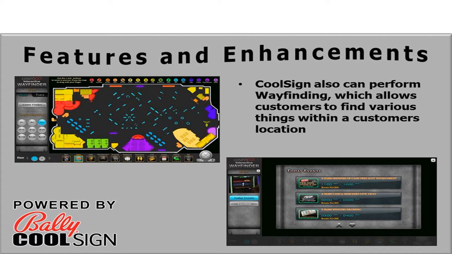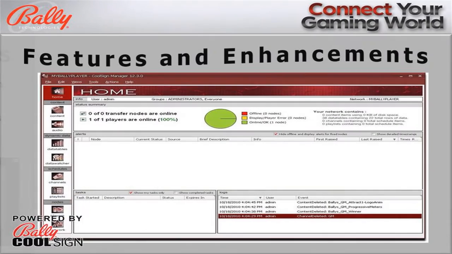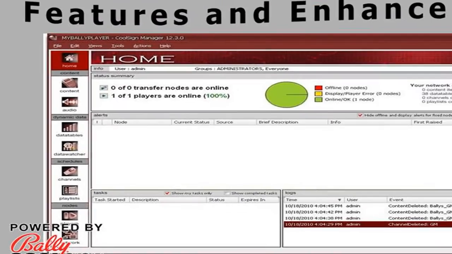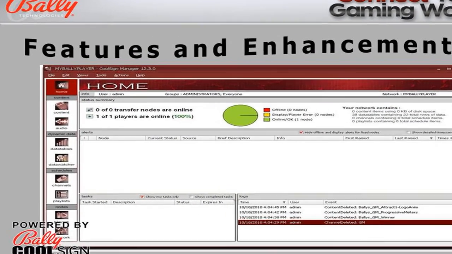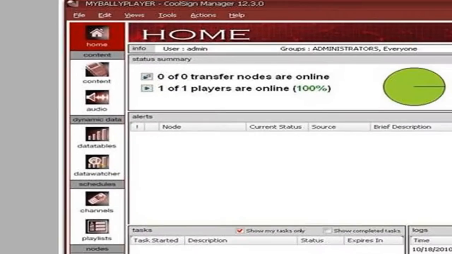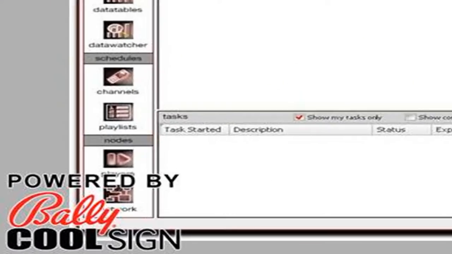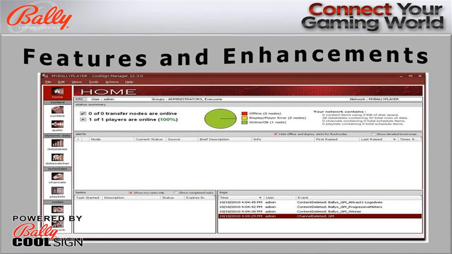With that being stated, how is this all possible? This is performed through the capabilities allowed through the Casino Network Manager GUI. Within the GUI, you have the ability to upload approved content through the Content tab, create a channel that has content you want displayed on your display, using the Channel tab, assign content with dynamic data to a particular data table, using the Data Table tab, and create a view of how you want the display to look through the Players tab. Each tab allows the user to perform certain features,